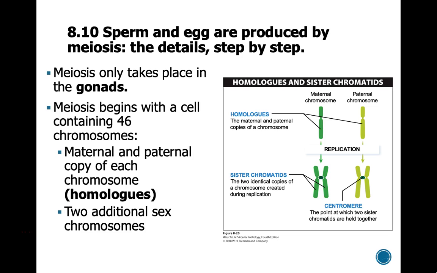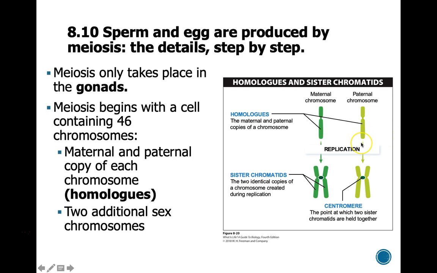So they're going to be the same length and they're going to have centromeres in the same place. Now they might not be 100% identical, and this is because mom's chromosome might have that brown-eyed gene, dad's chromosome might have a blue-eyed gene, but they still have the eye color gene at the same place. Maybe another gene is a gene for freckles. So mom might have a gene that says no freckles, dad might have a gene that says freckles, but they still have the freckle gene at the same location.